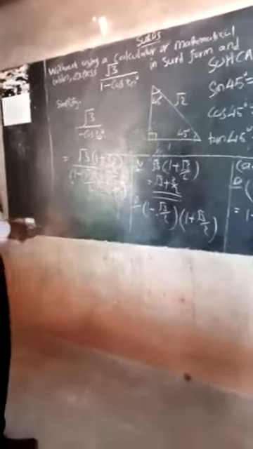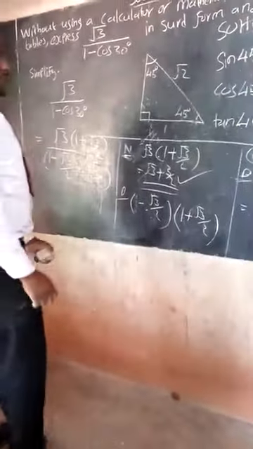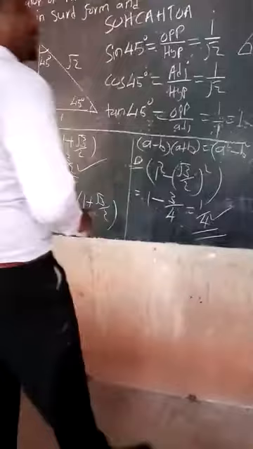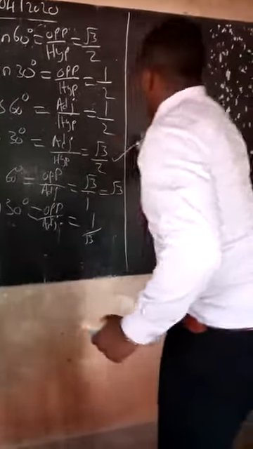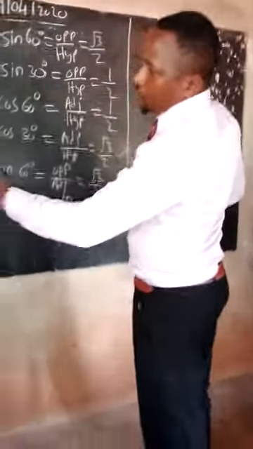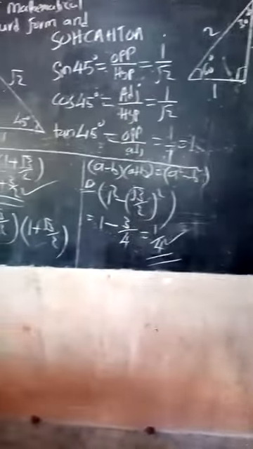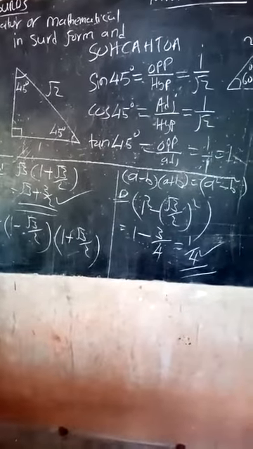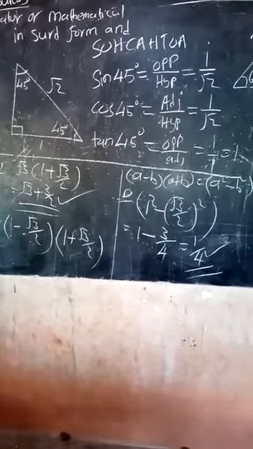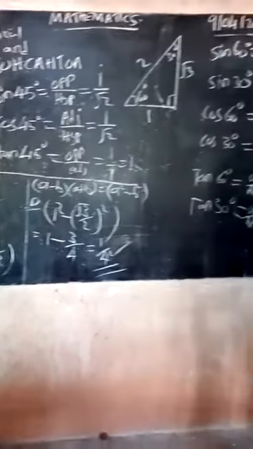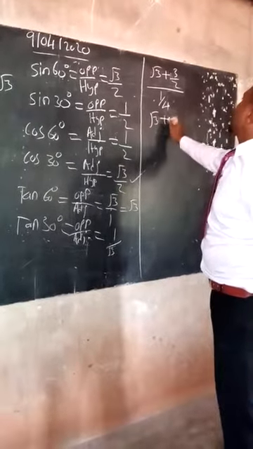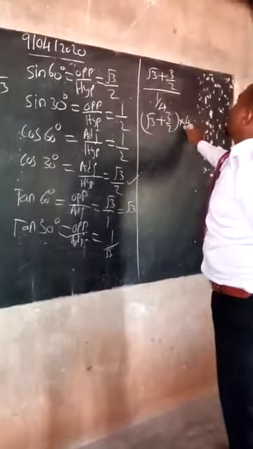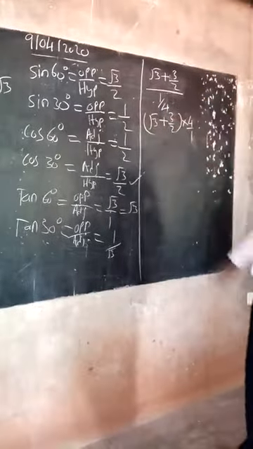So you have got a solution for the numerator, and you have got a solution for the denominator. So let's simplify it out, and we see how we should get it. Let's simplify it. The solution for our numerator was root 3 plus 3 over 2, divided by 1 over 4, of course. To do this, it is root 3 plus 3 over 2, then you multiply by 4 over 1, because if you have to divide, then you have to multiply by the reciprocal.